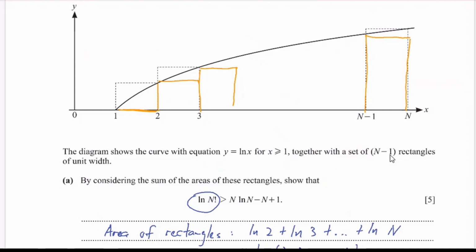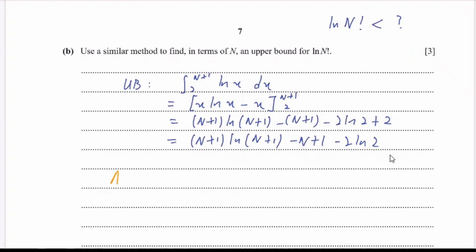Okay, so they are using a different set of rectangles, which means they change the rectangles to become something smaller. Okay, so if I use this idea here, our rectangles will have the starting height when x equals 1, which is 0, it doesn't really matter. And the second value is ln 2 here. Up until, what is the last value of x that we have for the height of the rectangle? That is n minus 1. So when we add up all the areas there,